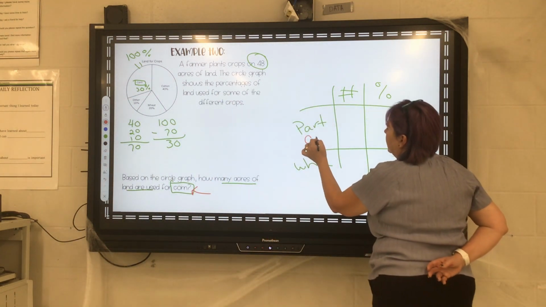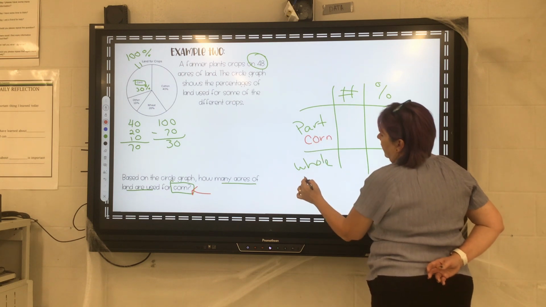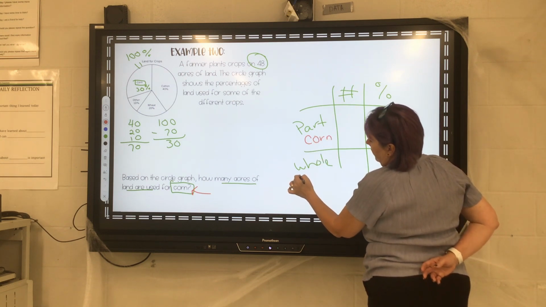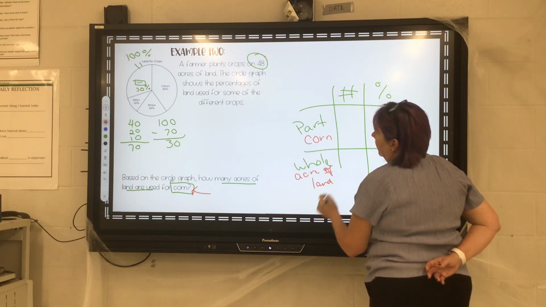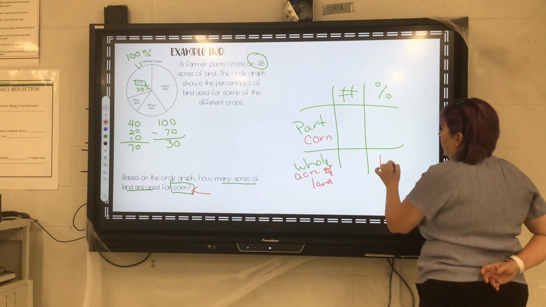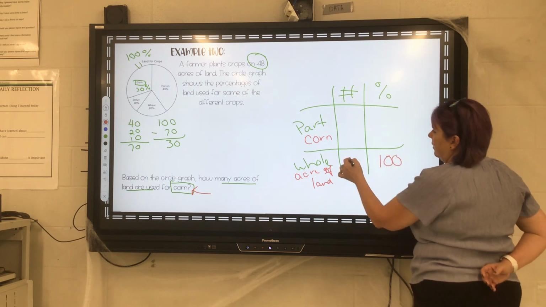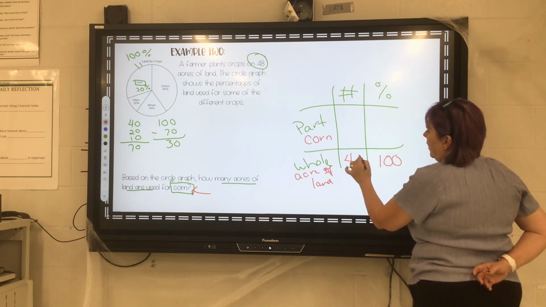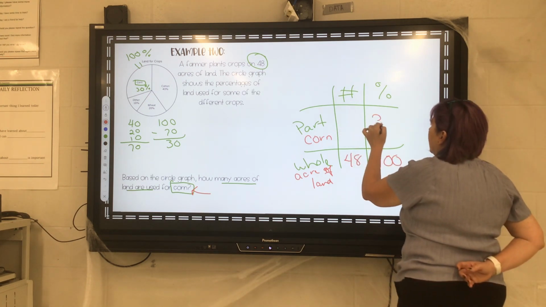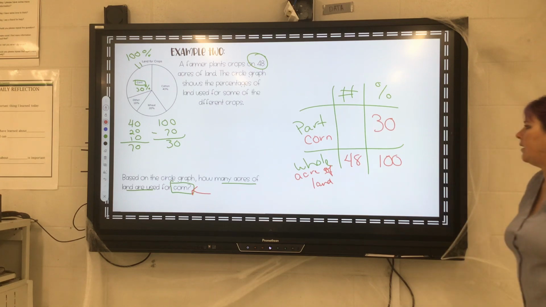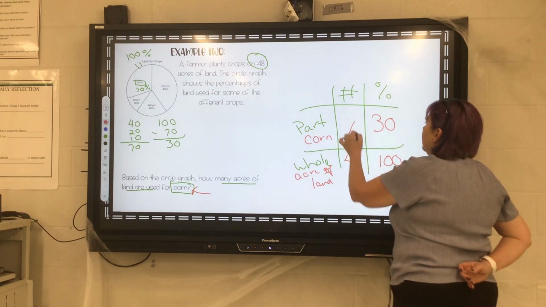So our part is corn, and this is the total acres of land. Once again, it's always 100%. We've got 48 as our total acres, and our percentage comes from our graph of 30%. So we're going to multiply